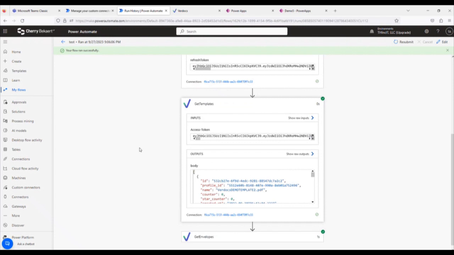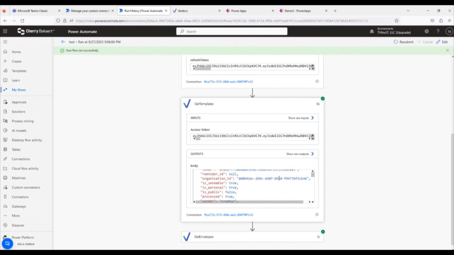From here, we're able to get a list of the different templates associated with this account. You see that there's an ID, the name of the template, when it was created, when it was last used, the token, the organizational ID, can you send it, is it personal, is it a public template, who's the sender,